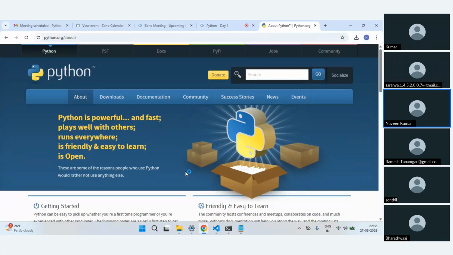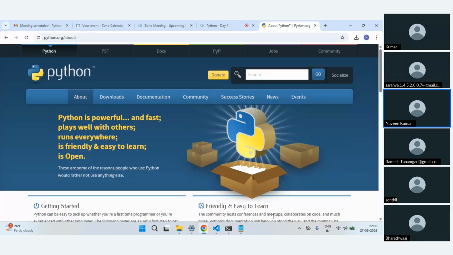So now let's see things in action. Python is open source, so you can download it and run it on your machine. It runs on all types of operating systems, which means it can run on Mac, Windows, and Linux.